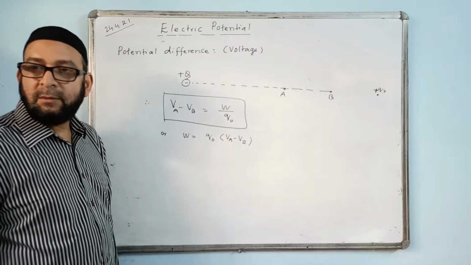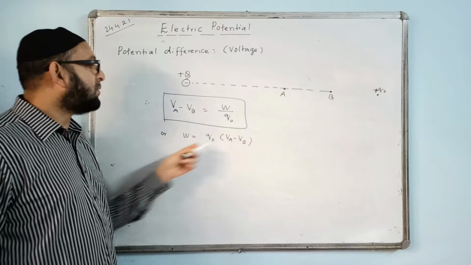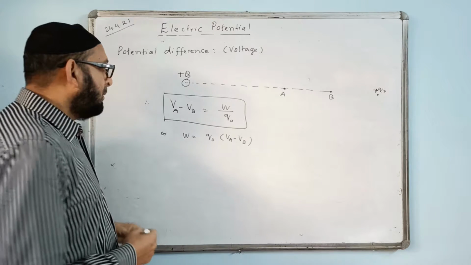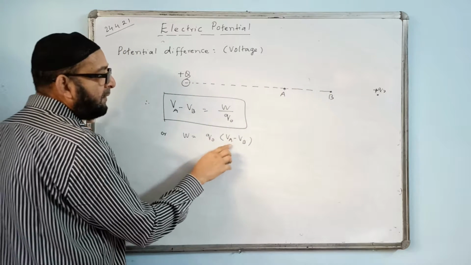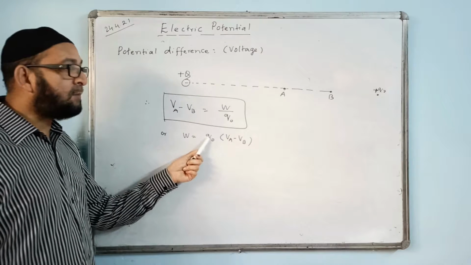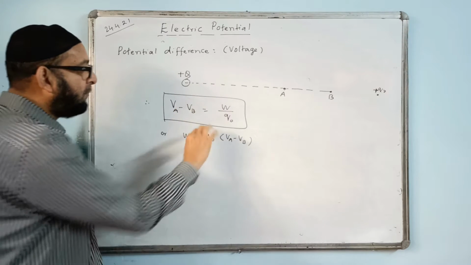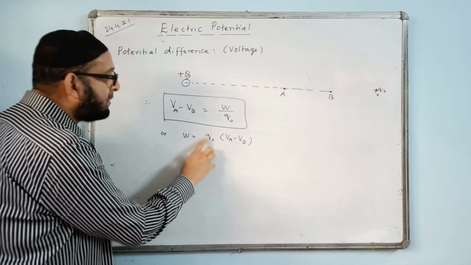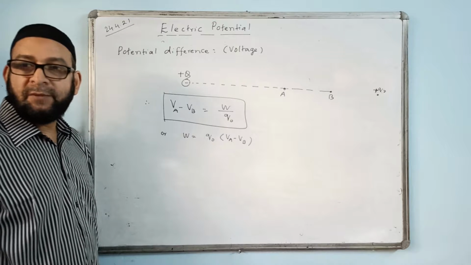If you have any doubts, you can ask me for clarification. The W value will come cross multiplied like this, VA minus VB. Work done in moving the charge between any two different points will be equal to Q naught, VA minus VB. This is a unit charge with plus 1 coulomb. If you have a charge of 3 coulomb, then 3 multiplied by this, 4 coulomb, 4 multiplied by this. If you are moving an electron, the Q value will become small e. So it becomes e into VA minus VB. That is potential difference.